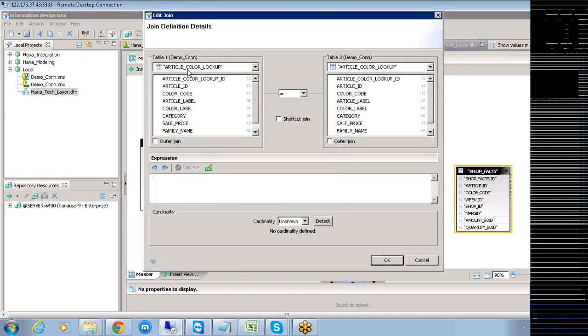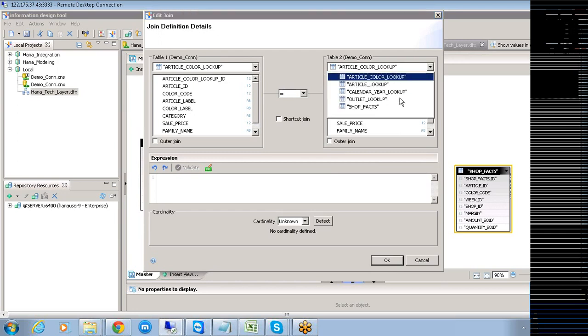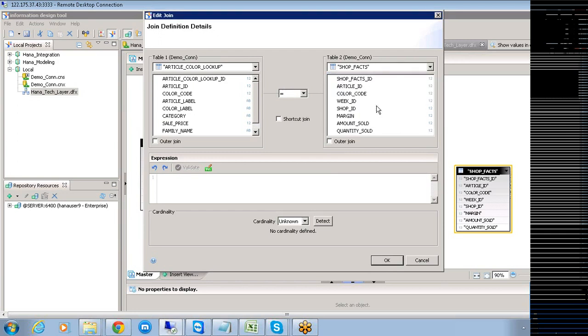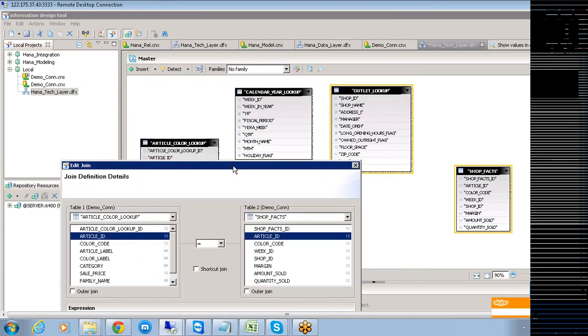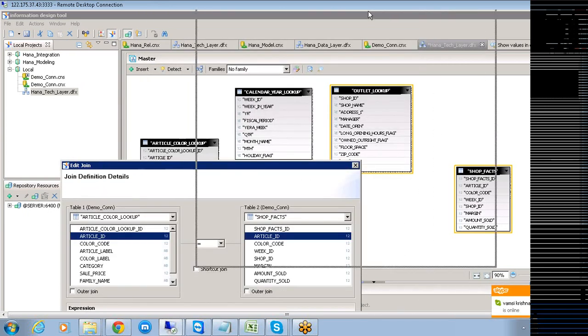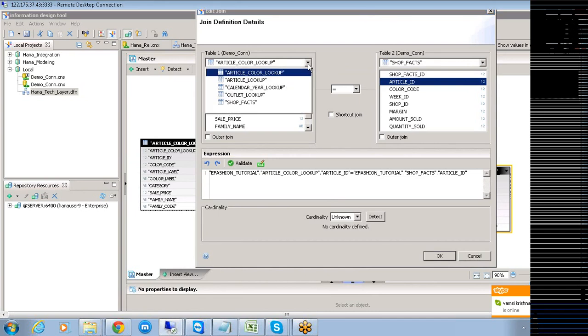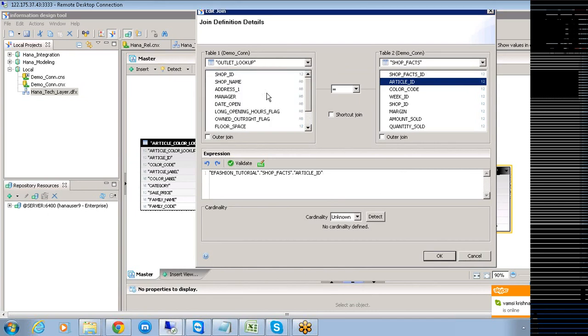Now it asks, what is the task here? Article lookup is there along with the second table you are having here. The article lookup is nothing but the Sharpfax. You will select this article ID. We'll also select this particular article ID. This is our outlet lookup.